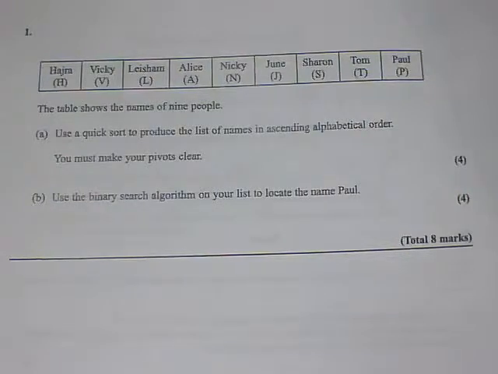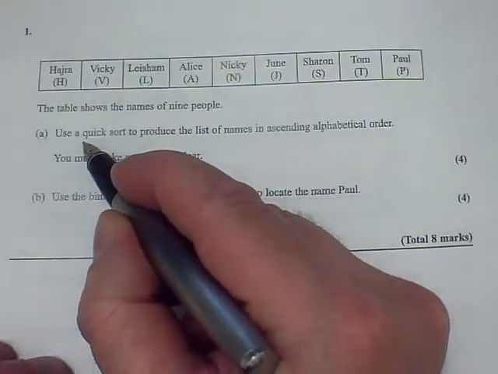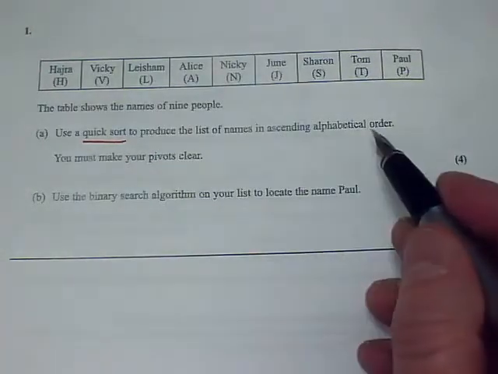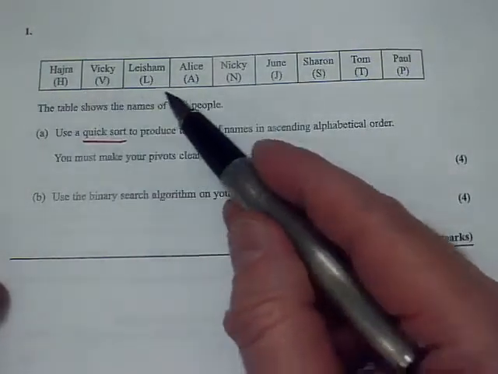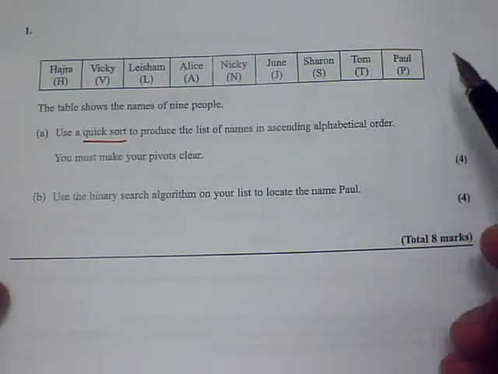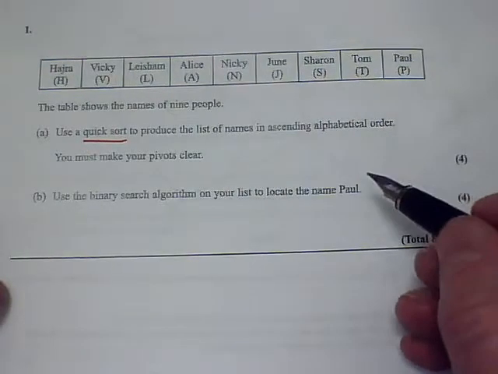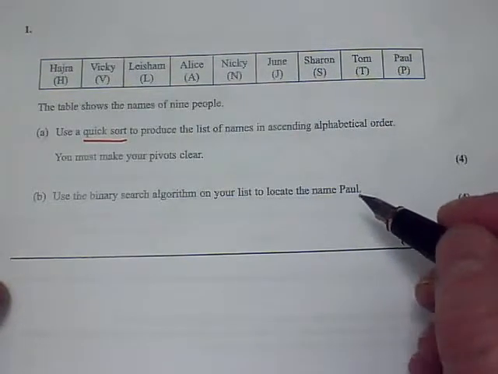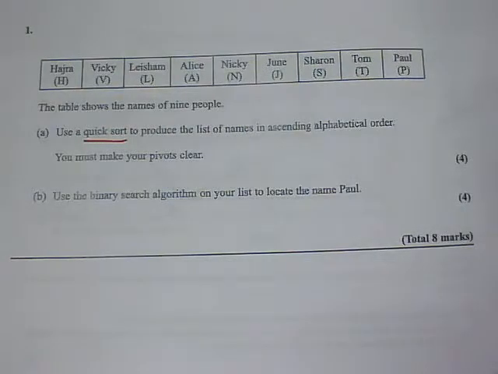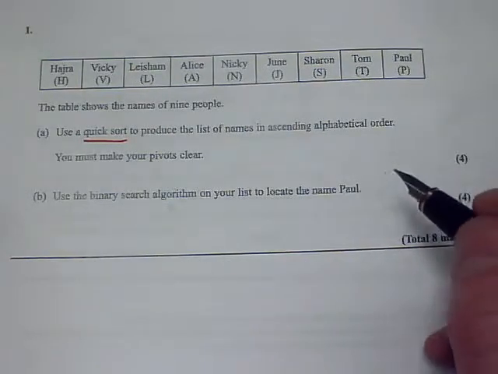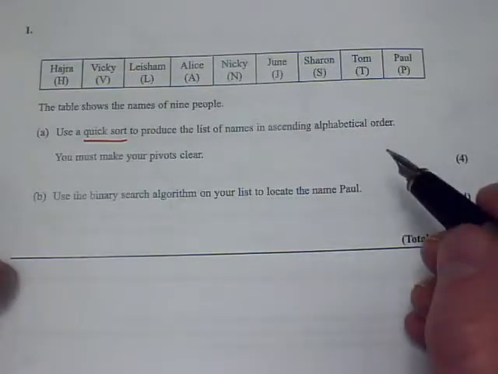Okay, part one of this question, we have got to do a quicksort, all right? And we've got to go in ascending alphabetical order. You are allowed to just use the letters. And it's all about accurately labelling your pivots and not making mistakes. So most of the lost marks on this question were because people did not put things the correct side of